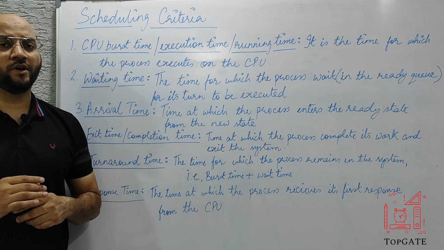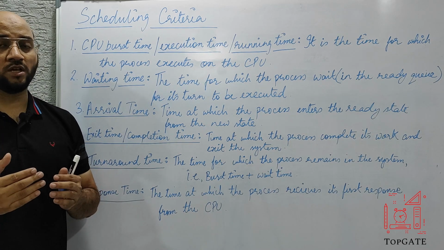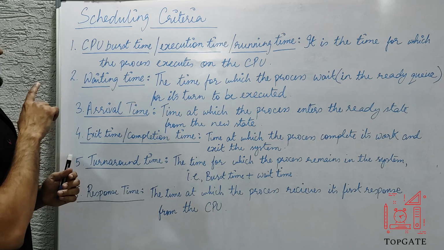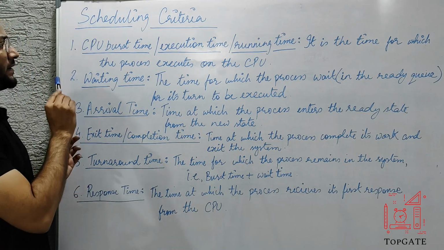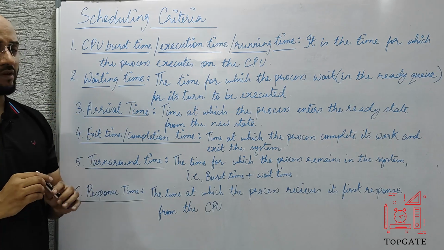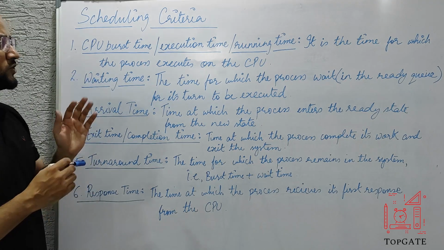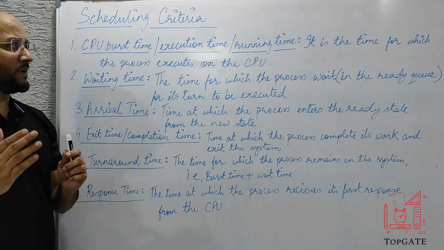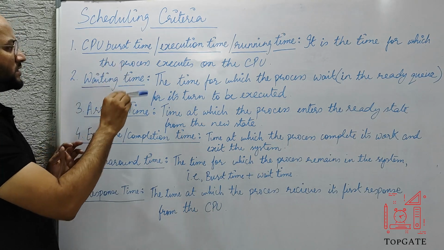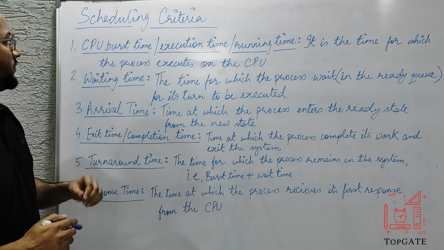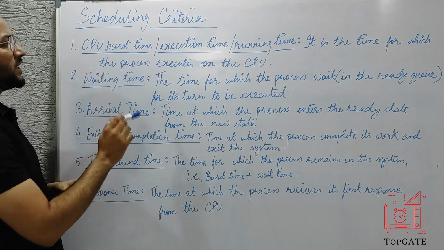In the upcoming videos, we will be discussing the CPU scheduling algorithms, and those algorithms were developed keeping in mind these 6 scheduling criteria. One by one, I'll tell you what these CPU scheduling criteria are, and they will be used in most of the questions. Whenever we are solving any numerical-based question of CPU scheduling, we will come across these 6 scheduling criteria. So the first scheduling criteria that we have is the CPU burst time,